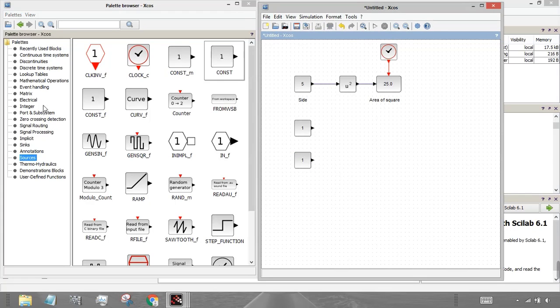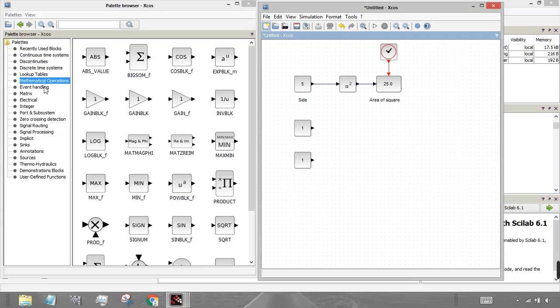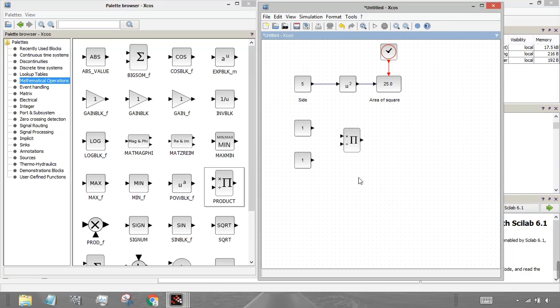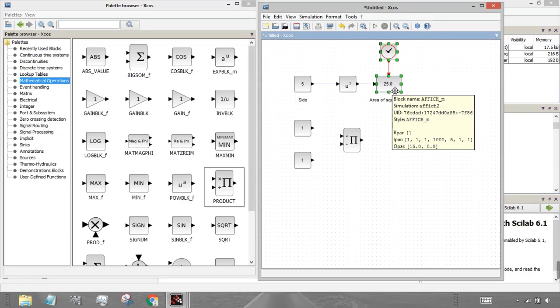Then multiplication. For that I will go to mathematical operation, select this product and paste it over here. Then I'll be using the same two operations. Press the Control key and create an extra copy of it.